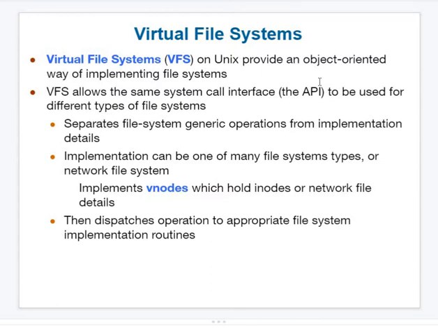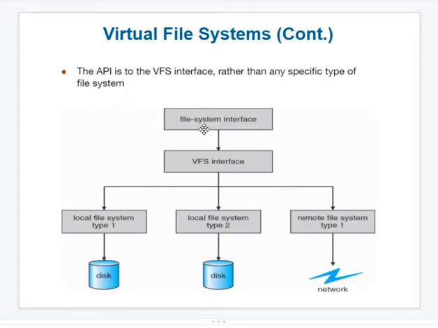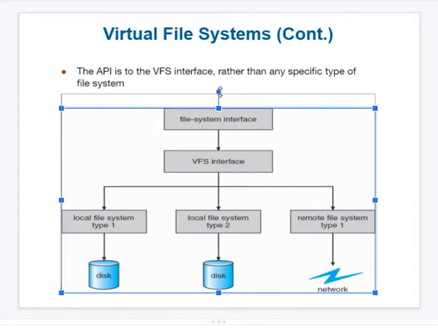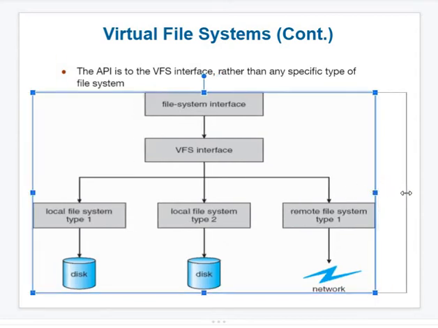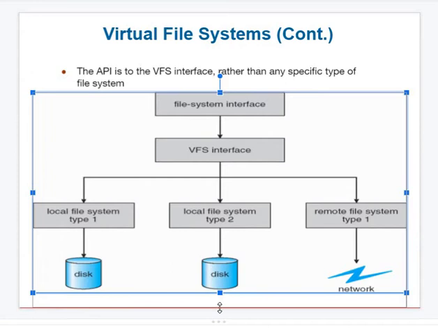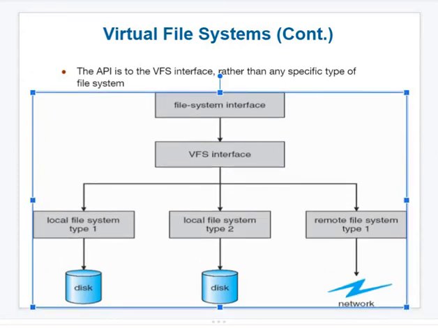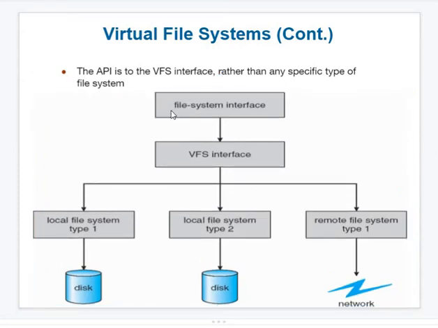So the next one is the virtual file system. I will show one diagram so you can easily understand what we mean by virtual file system. A file system which we are accessing but which is not present in our disk is called a virtual file system. Okay, you can see here. In our computer, whatever arrangement of files we have, this is called the file system interface, virtual file system interface. So from the file system of our computer, we interact with the virtual file system interface.